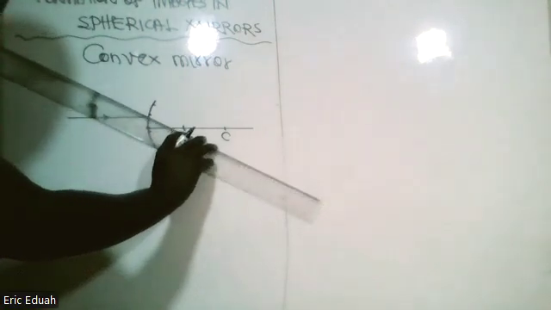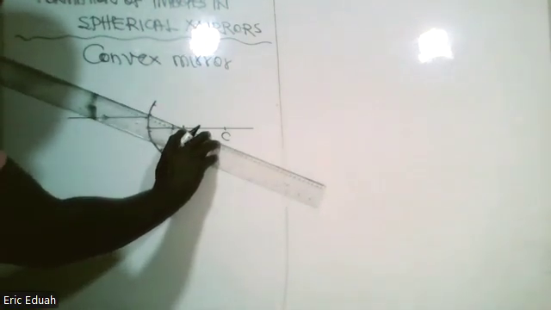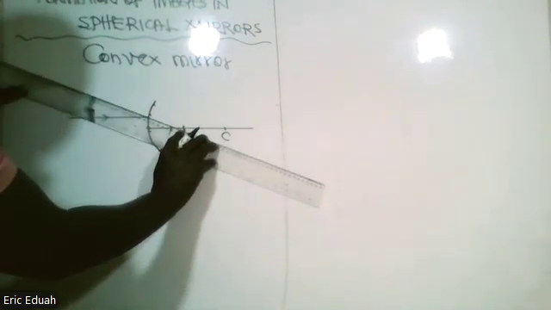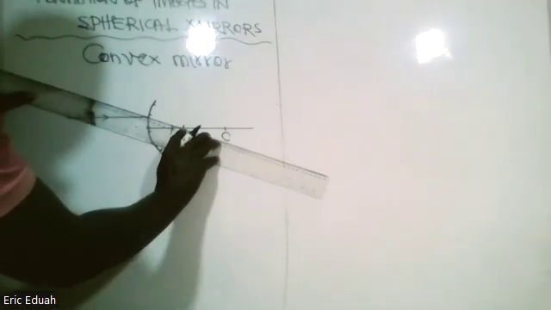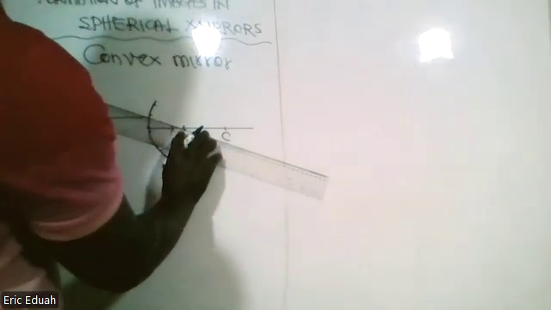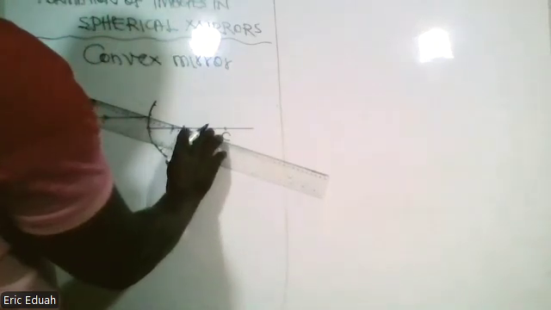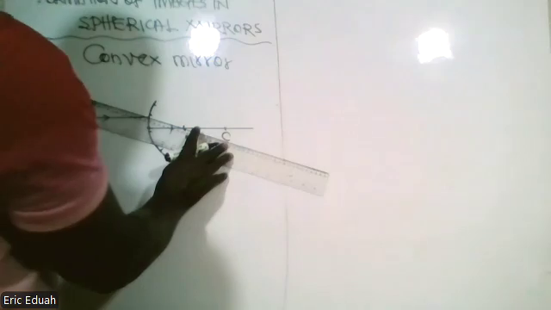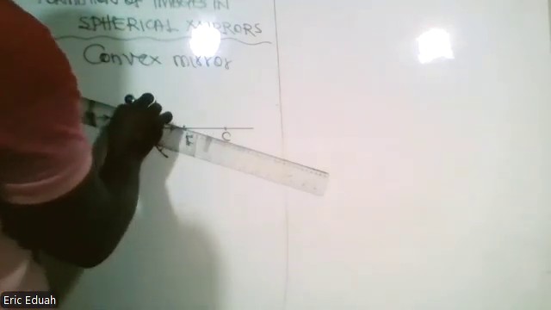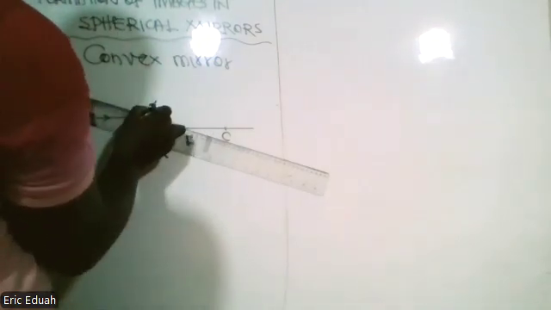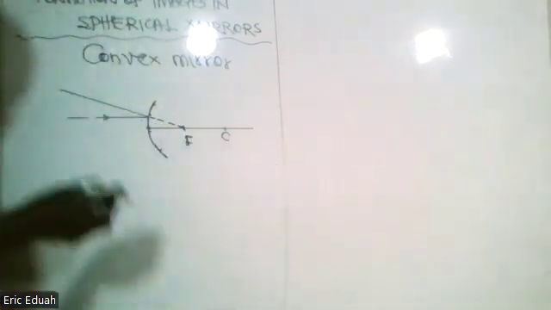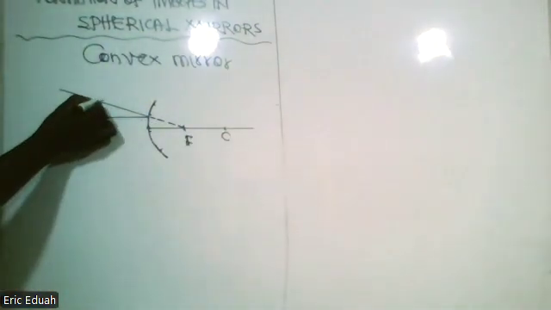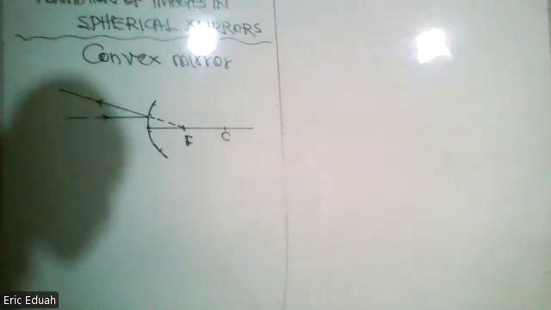So the incident ray will be diverted. But the diverted ray must always appear to be coming from the principal focus. So for convex,